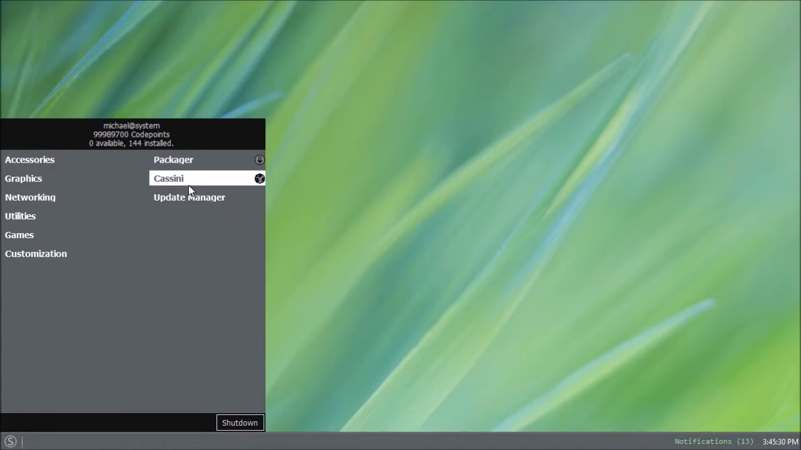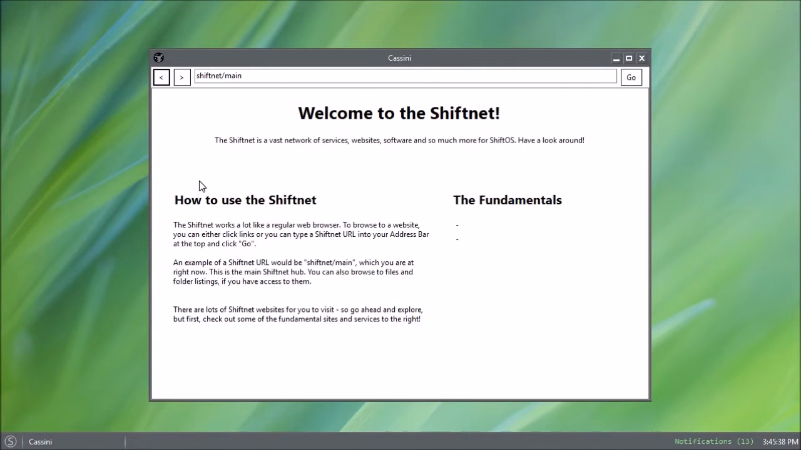If you go to the ShiftNet, not sure what it's called in this skin. I think it's this. Yeah, this is the ShiftNet. So, it still has the same user interface. However, there has been some backend changes with how the ShiftNet works, and